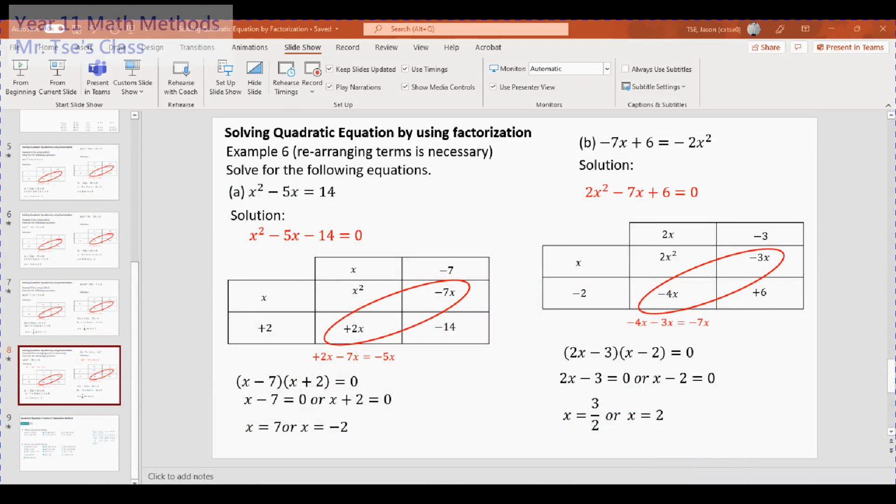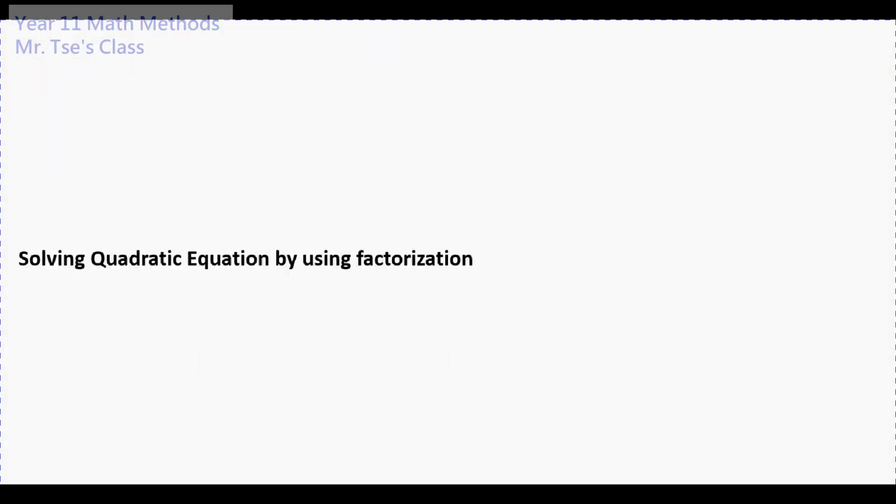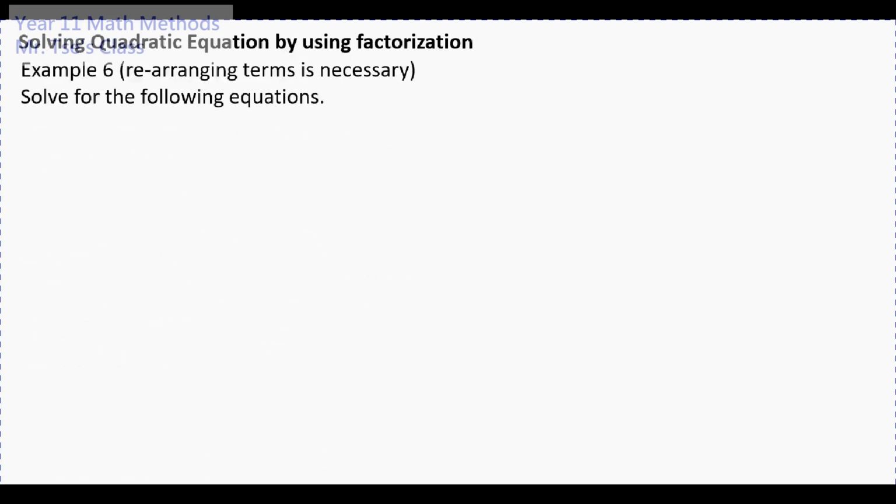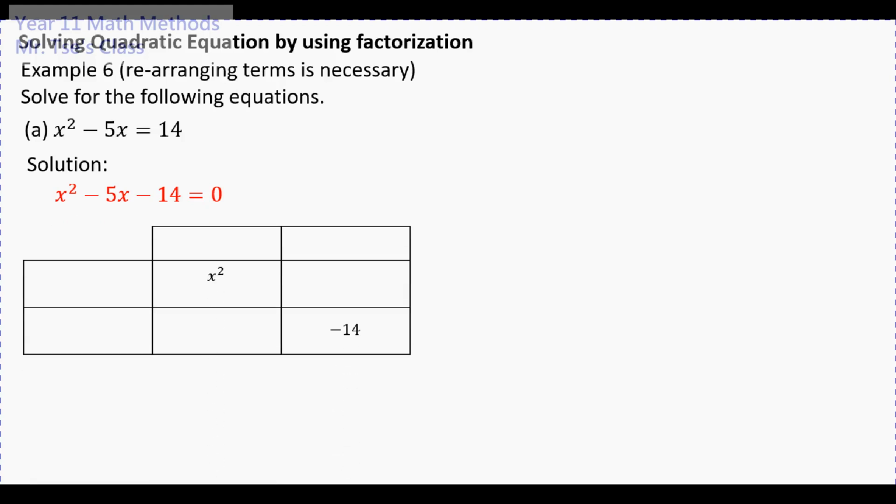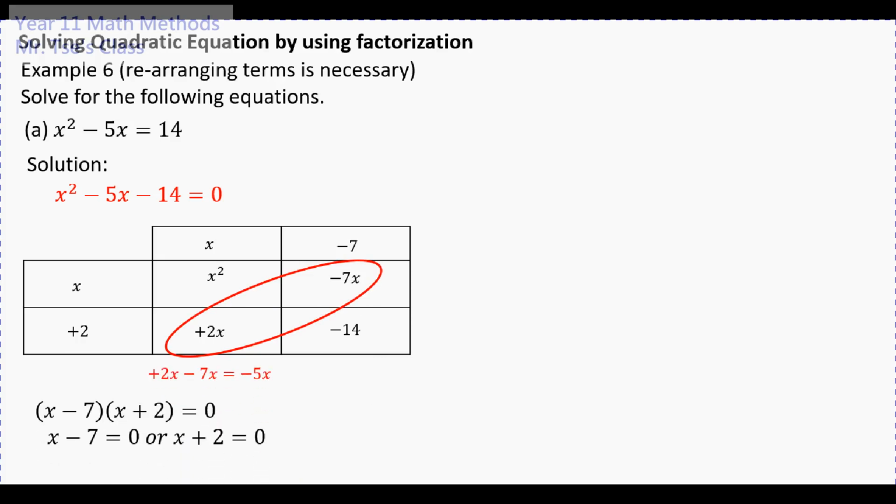Okay, I hope you've done it. So let me just show you step by step. That's in my PowerPoint. You could download the PowerPoint from the OneNote. First of all, you need to rearrange the terms and then use the table. So you see the sequence of putting in numbers. So you got the factors. All right, for the second one,